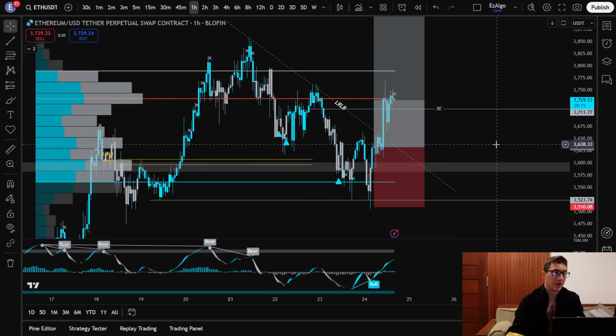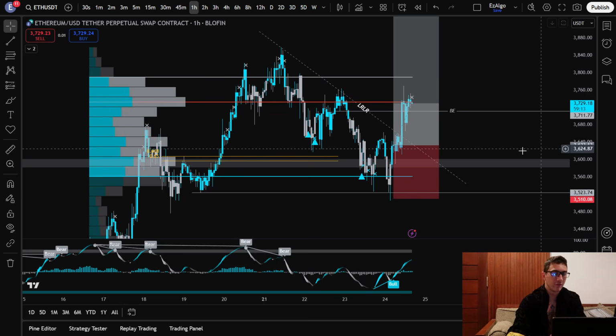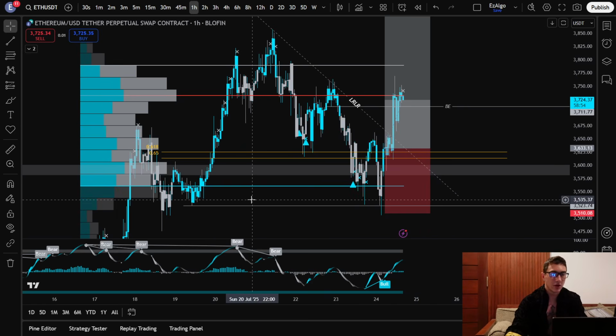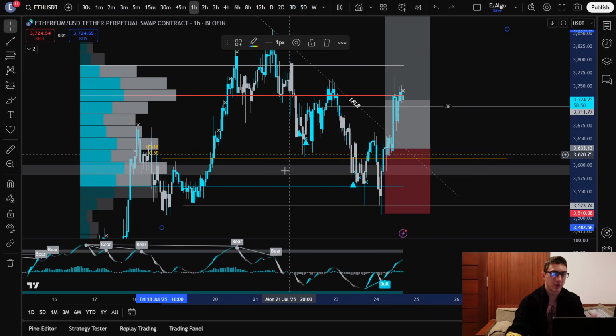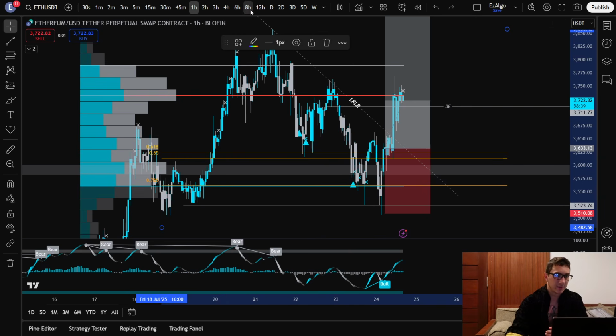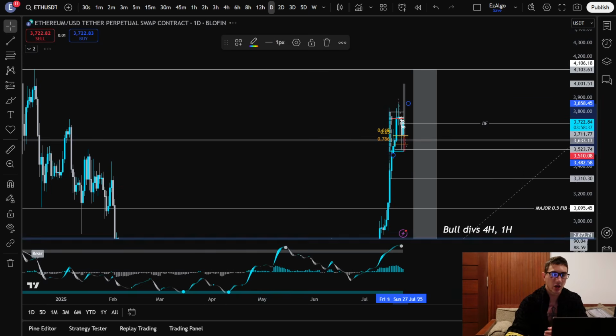Now, what is an area of interest? Well, that is just a key level with multiple pieces of confluence. What I like to use is something called key horizontal levels. I also like to use the optimal trade entry, which is my golden pocket fib down to the 786 fib level. Now, this is valid because if we go to a higher time frame and do a top-down analysis here